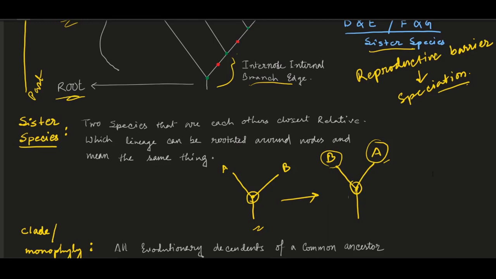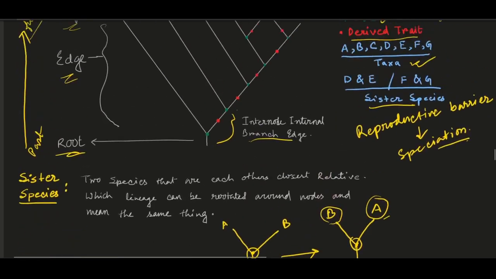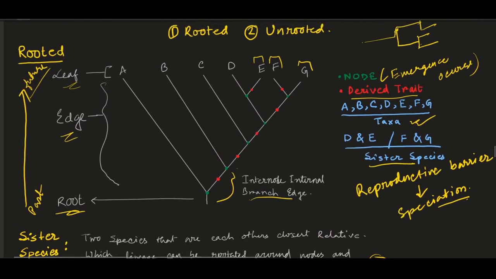Okay, and the second term is the clade or the monophyly, and there is another term, the polyphyly. So let's see what monophyly and polyphyly are. For that we have to go back to the diagram, and let's say along the time, if I mark, this is the first, this is the second, this is the third, this is the fourth, and this is the fifth ancestor,